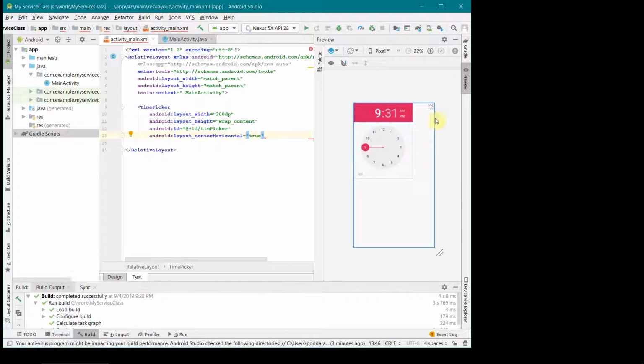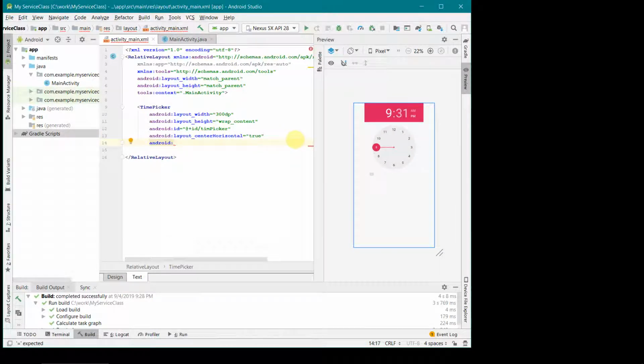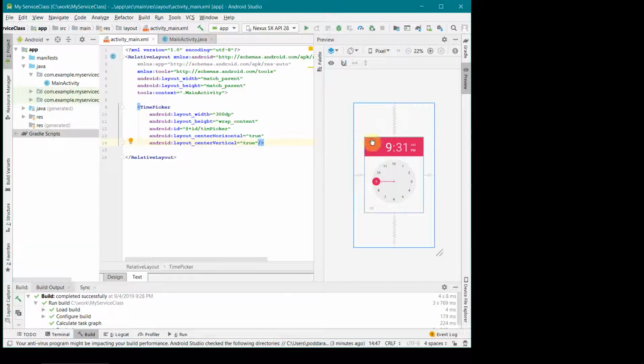So it should come somewhere in the middle. Let me see if there is a vertical alignment too. I'll make centerVertical also true. So this should come somewhere in the middle of my layout. I can close this, and yes, it came in the middle.